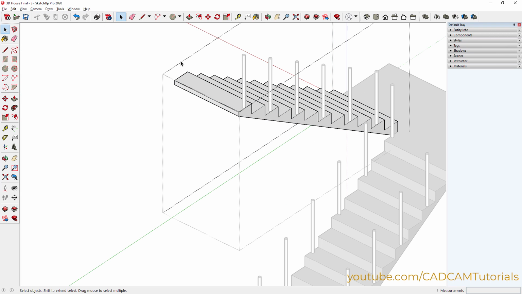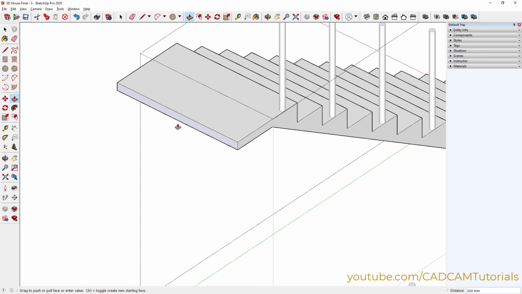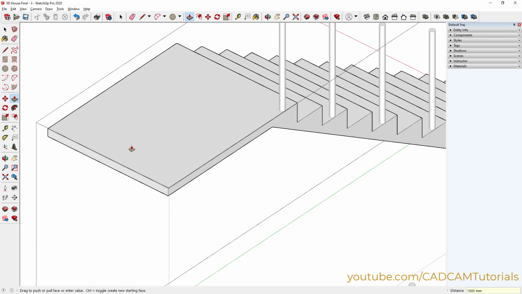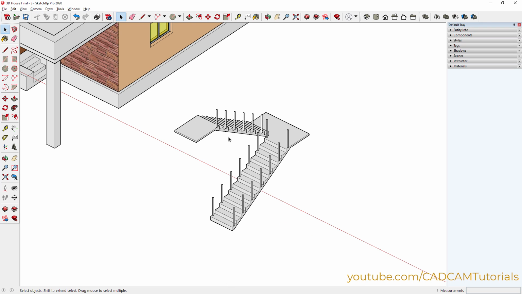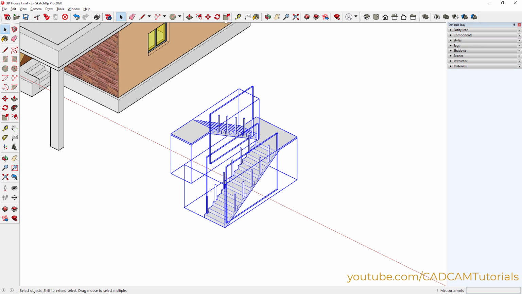Double click, push pull, click on this face, take it outside and 1000. Enter, press spacebar, click outside. We will place it there. Then we will create these pipes. Select all these objects, click on move,